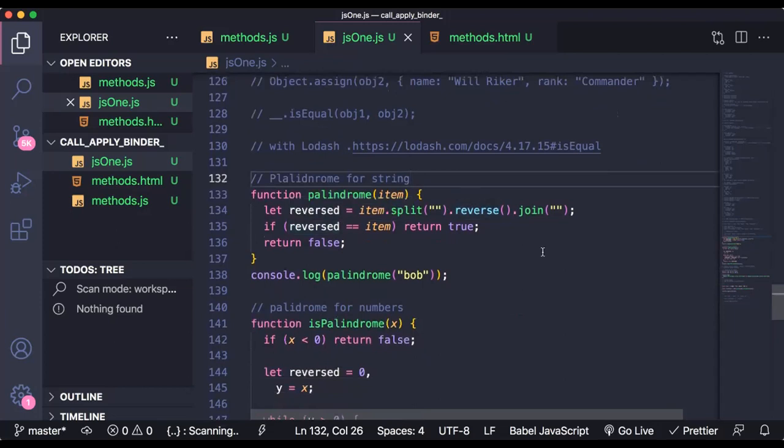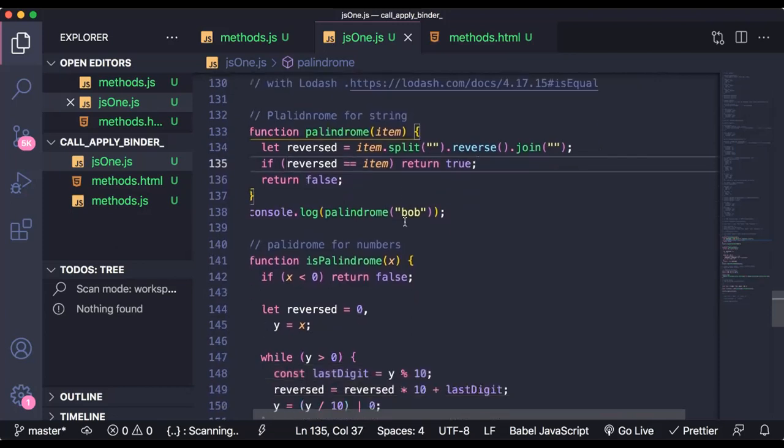Okay, I first use the split method, after that reverse and join, and I use a simple comparison. I forgot the name. Anyway, double equal is for strings and not for numbers.